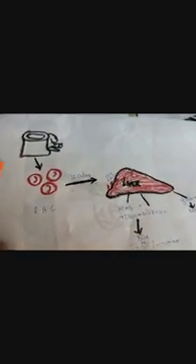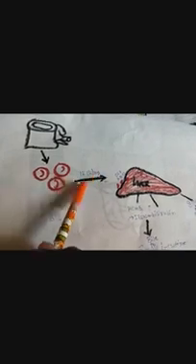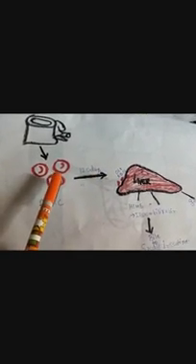So this diagram represents the life cycle of red blood cells. Now red blood cells are produced in the bone marrow of the bigger bones of your body, like your thigh bones. Then it lives up to 120 days. Now what happens to the red blood cells after 120 days? As the red blood cells get old, they are sent to the liver.